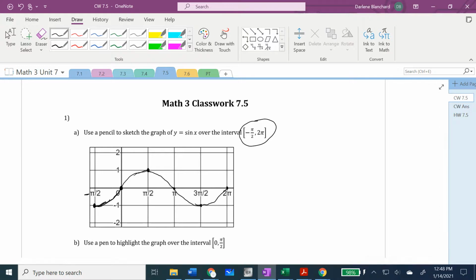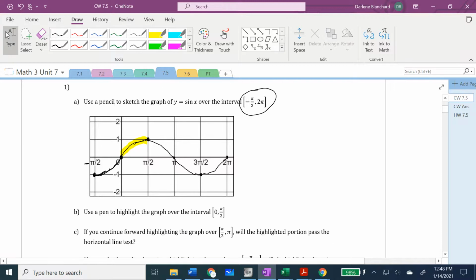Now, what I want you to do is use a pen or a highlighter or something to highlight the interval from 0 to pi over 2. So that little section right there. Now, are you familiar with the horizontal line test? Is everyone familiar with the horizontal line test? Are you familiar with the vertical line test? Okay, so